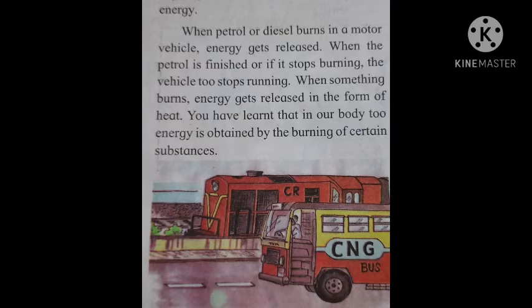So students, you have seen what all things happen when the wind blows. जब हवा चलती है तब विंड मिल टर्न होता है, बोट सेल होते हैं, क्लाउड्स भी मूव होते हैं. Right? So when wind blows, windmill turn, sailing boat and clouds move from one place to another.